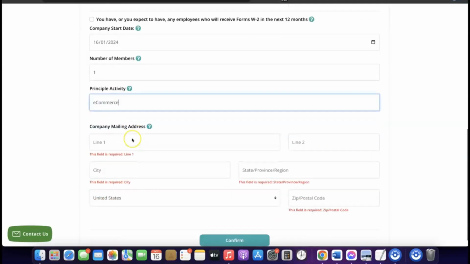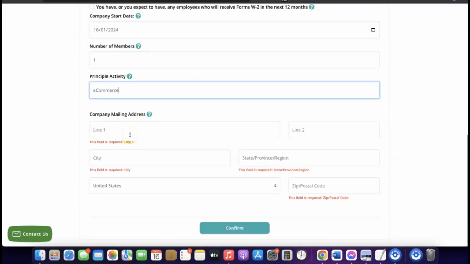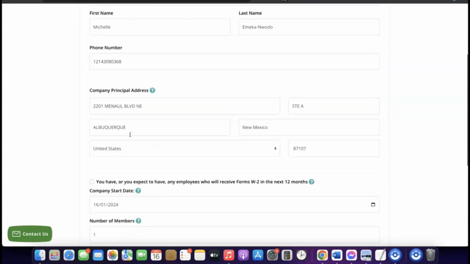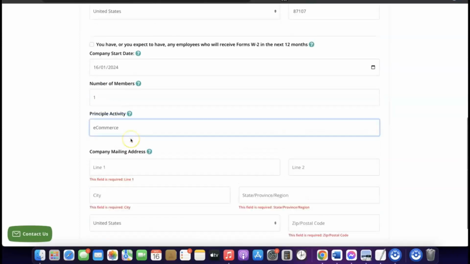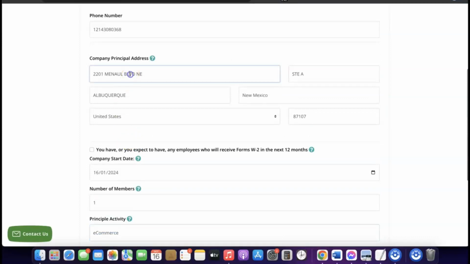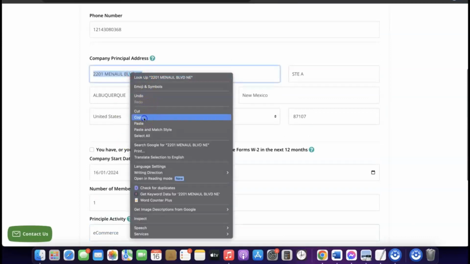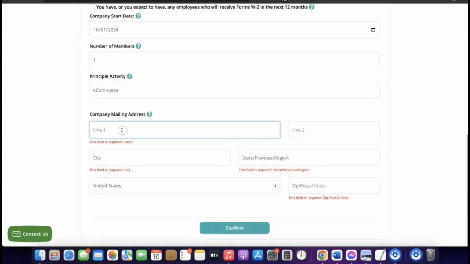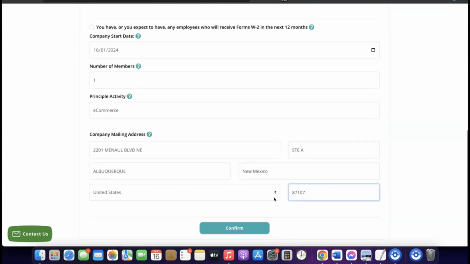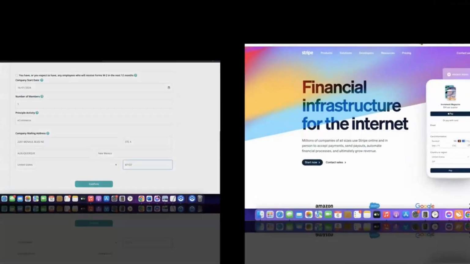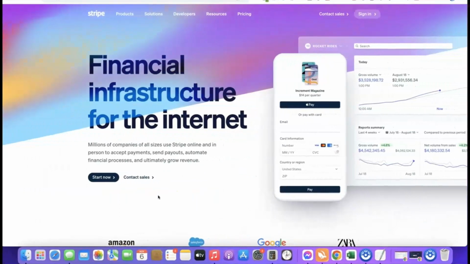After that, what you want to do is enter your company mailing address. You can as well use the same address you use for your company as your company mailing address. So I'm just going to come over here, then copy this and use it as my company mailing address. I've just entered the company mailing address, and the last thing I'm going to do here is click the confirm button so they can start processing the EIN number. Once you have your EIN, which is going to take around 4 to 6 weeks if you're not a US citizen,